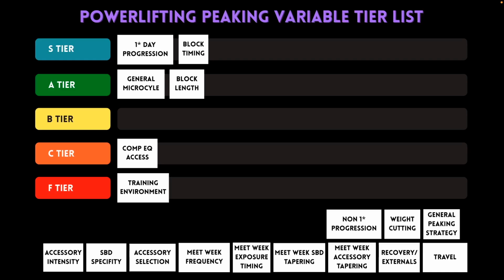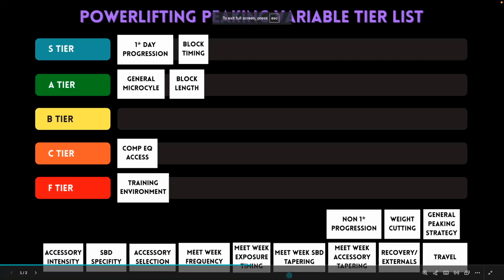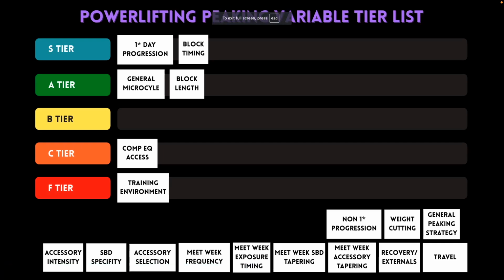So if you're looking to progress the non-primary stuff a little bit more than you would in a normal off season, I think you can probably get away with that for a little bit longer, just because you're taking that progression into a meet and knowing that you're going to pull back on it afterwards. Right. And so for that reason, you can probably get away with a little bit more non-primary progression, but you're not going to be able to do it as long.